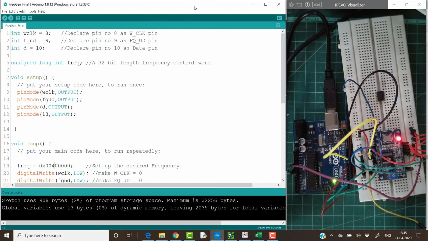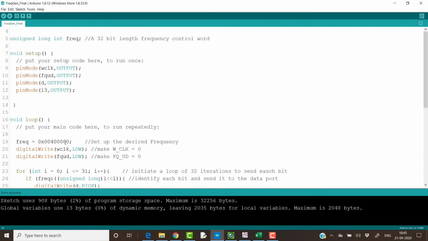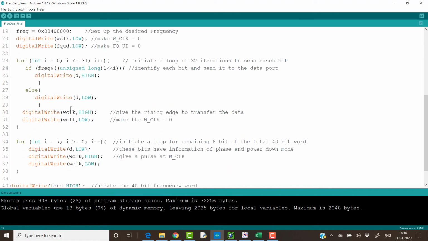We can once again see the program. So we have the initializations, then we have the setup of the ports, then we have the setup of the frequency, make the clocks low, write a particular data, give a clock pulse that gives 32 bits over here.